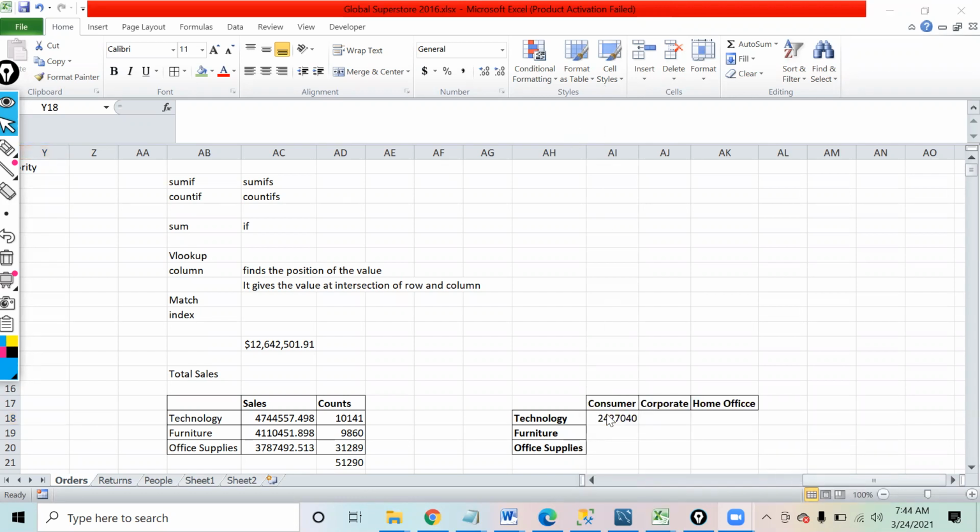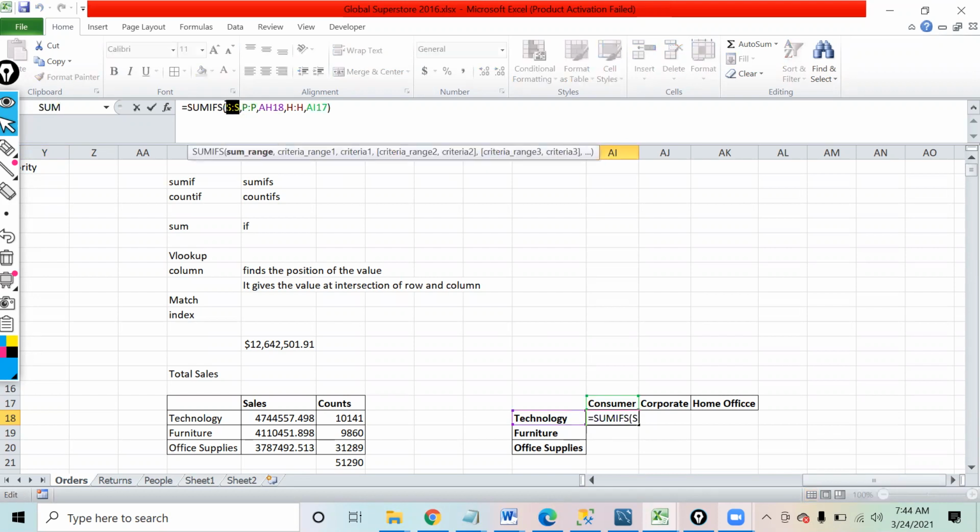And now there are some freezing of the things that we'll have to take care of so that when we drag and drop, copy and paste this from left to right, that should not change. So one is this, we will freeze it. Then this, we will freeze it. And when it should go down, the row number should change, but not the column number. So that column number has to be frozen.